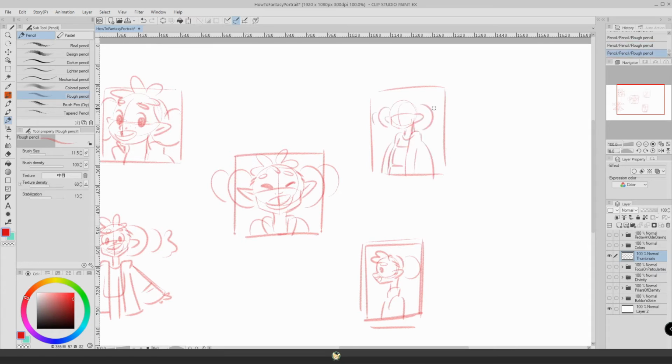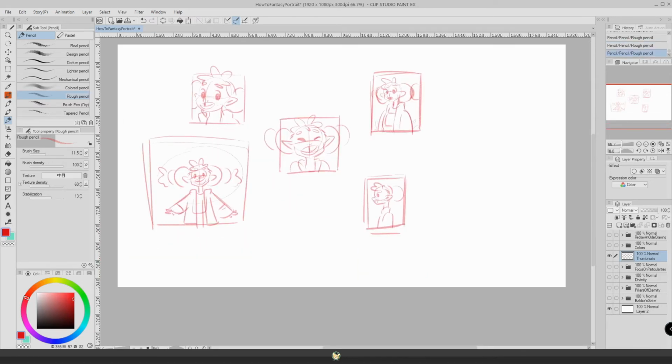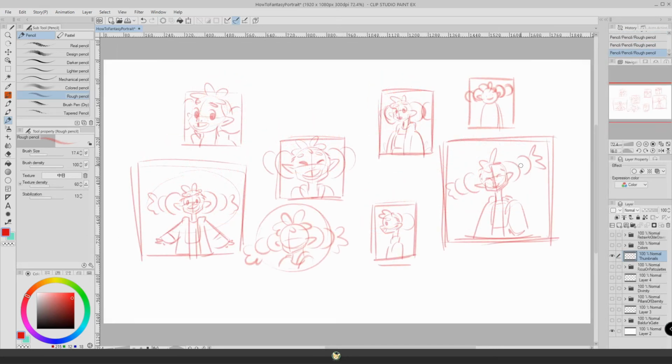So for example, I have here the hair. The hair is important. I have to show off the hair. So these thumbnails can be as detailed or as simple as you want. These are just sketches, so don't worry too much about them. These are just for you to have an idea of how you want your character to be drawn and explore